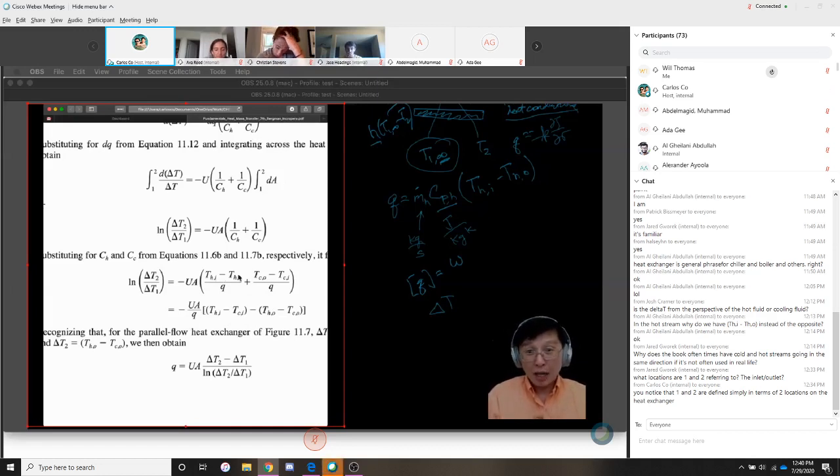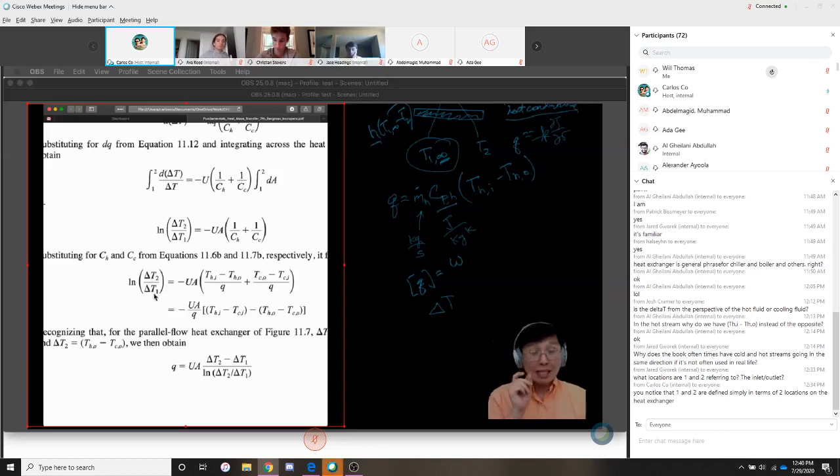And you have the hot stream, and you have the cold stream. Now notice what they did here. They highlighted this is inlet, that is inlet, that is outlet, that is outlet. Why did they do that? Well, in this situation, you do that because we have a co-current heat exchanger, and you want to focus on